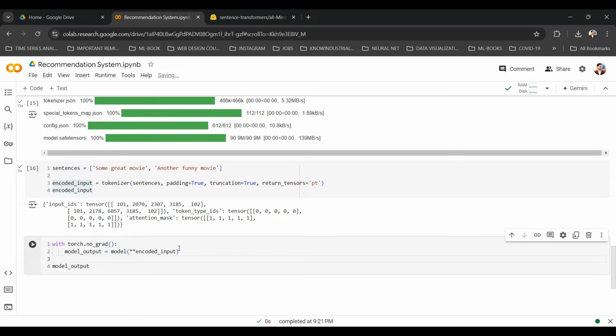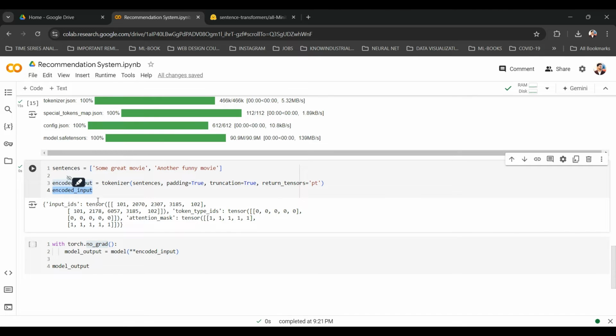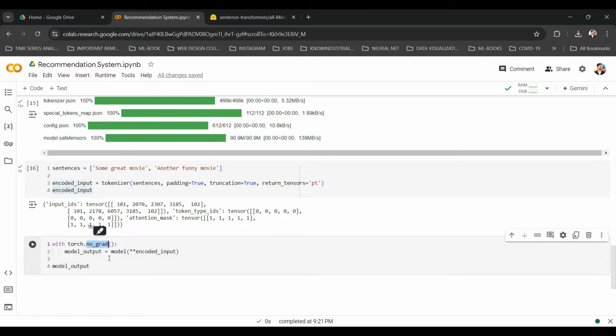If you have learned machine learning, we use gradients for learning purposes, like the gradient descent algorithm, which tries to find the optimal model. We are not finding any gradients here because we are not training anything. We are just inferring. We just need the model to take our input and give us some output. We are using a pre-trained model and just inferring from it, so we don't need to find any gradients here.